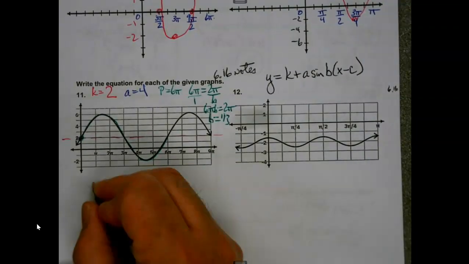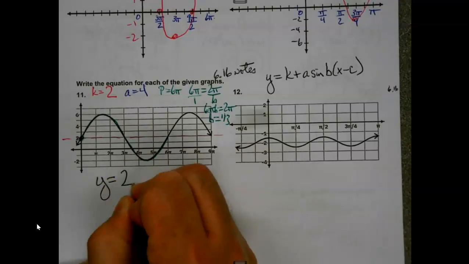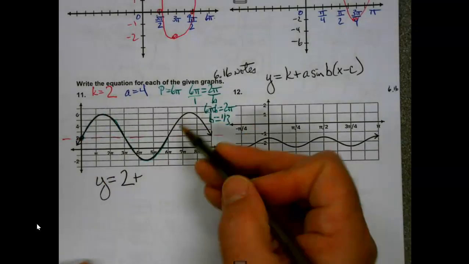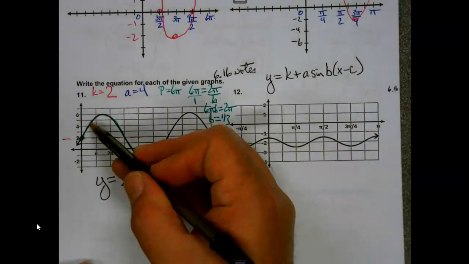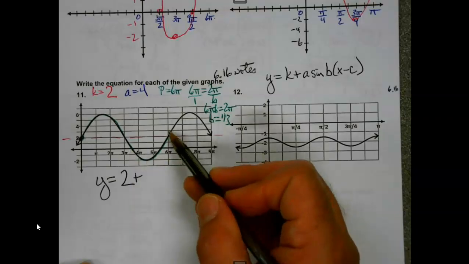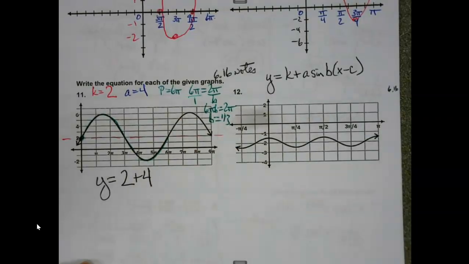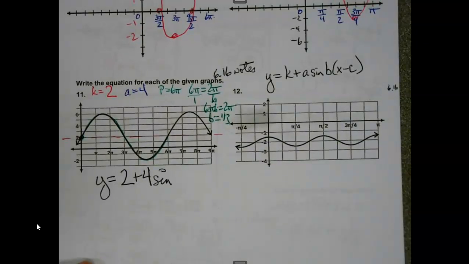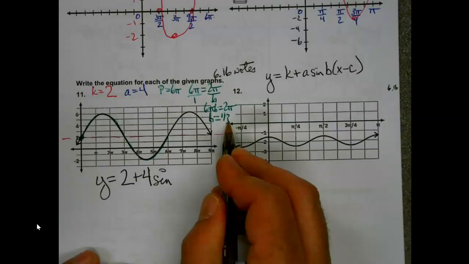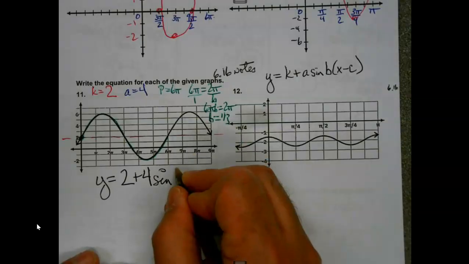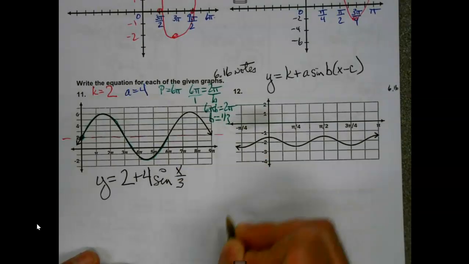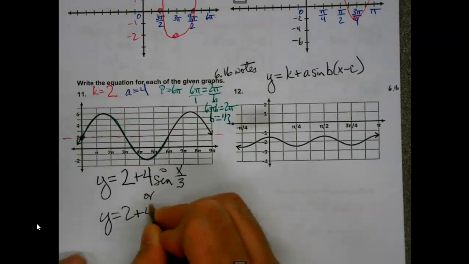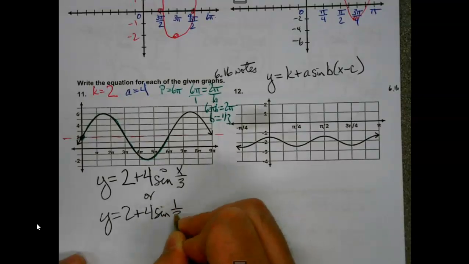So let's get into this. Y equals k plus, that's a normal sine graph. Sine graphs normally go center, max, center, min, and back to center. So my a value is positive. We said it's a sine graph. And then there's my b. So you can either put x over 3, or if you don't like playing that game, and you're like the b value is 1/3, you can do this,